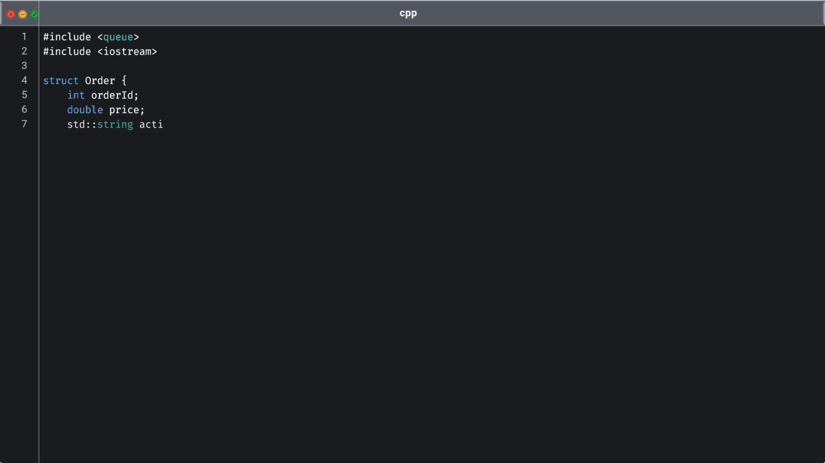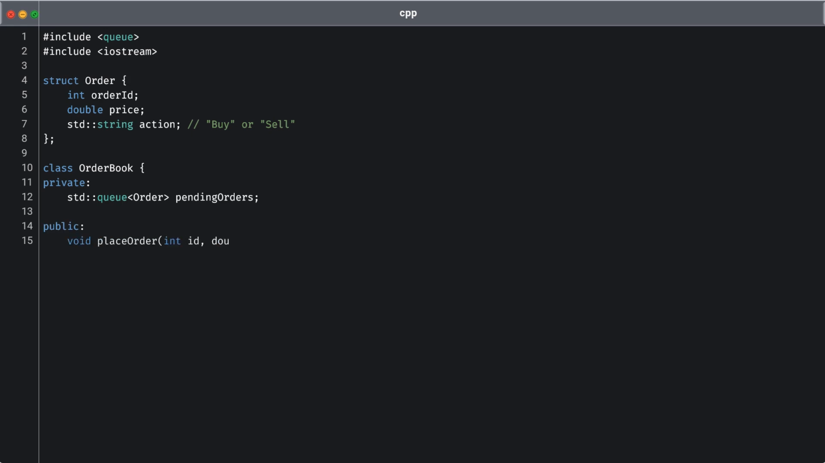In the following implementation, we focus on the order book class, which is central to our execution management system. This class utilizes a queue to efficiently handle pending orders, allowing for streamlined interaction with market APIs for executing trades. The place order method is responsible for queuing new orders by creating an order instance that holds the order ID, price, and the action, either buy or sell. When an order is placed, it gets stored at the back of the queue, enabling the system to maintain the